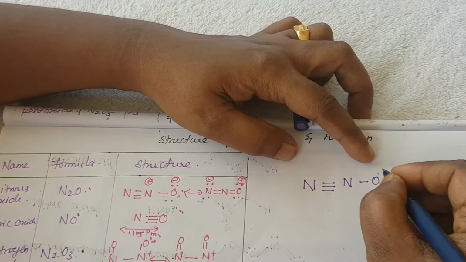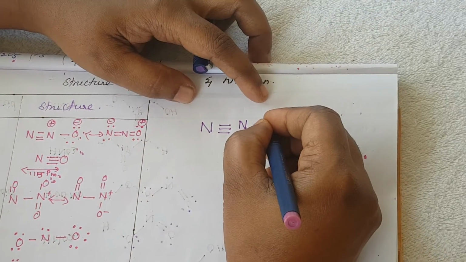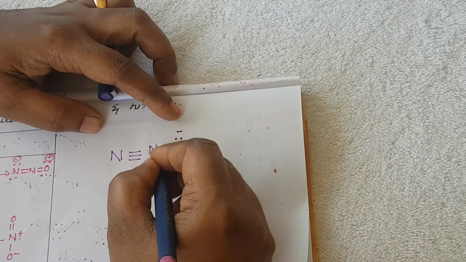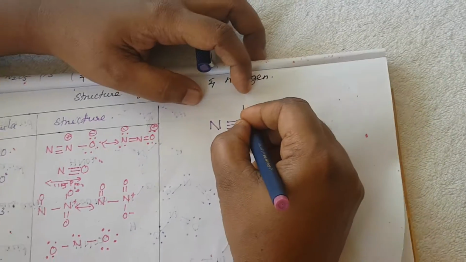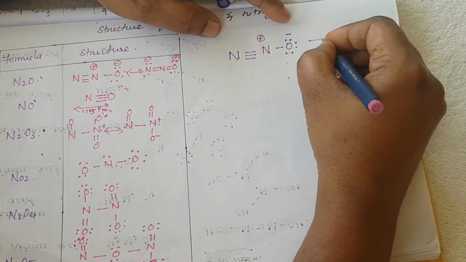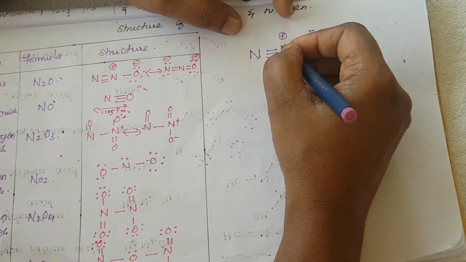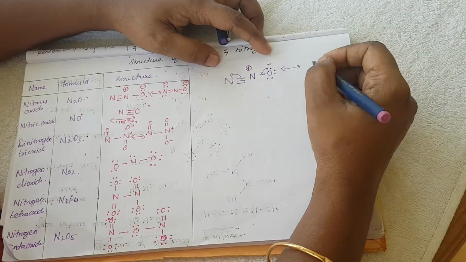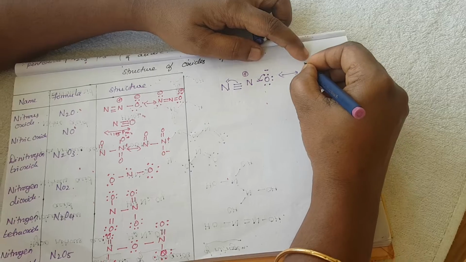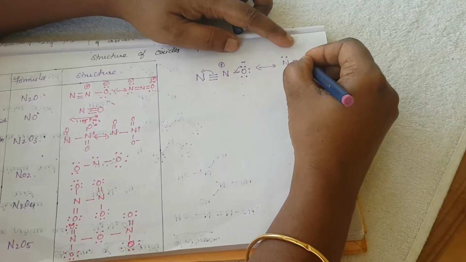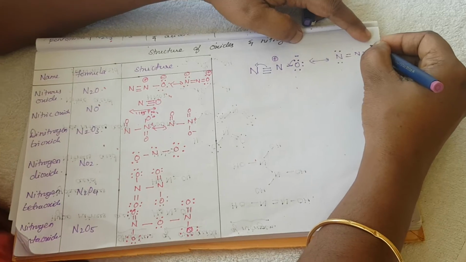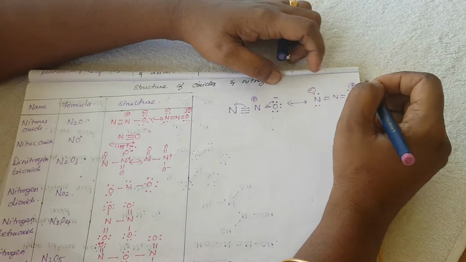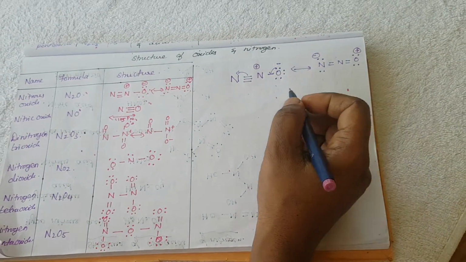So here only one bond. How many electrons are there? Oxygen, outermost electrons, 6 electrons. So 1, 2, 3, 4, 5, 6. So that is an excess of electrons. Here one bond is there, so excess of electrons. Here bond deficient, plus. So how to interchange? So one bond comes to this position and another bond comes to this position. So that is how we can write it. So N, 2 lone electrons, double bond N, here double bond, oxygen, here 4 electrons. This is a plus sign, this is a negative sign. Okay, this is the Lewis dot structure of nitrous oxide.